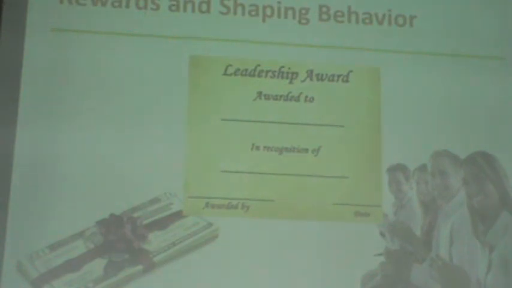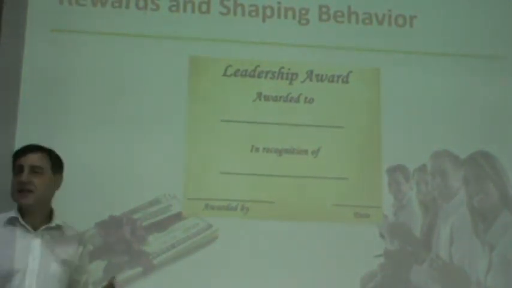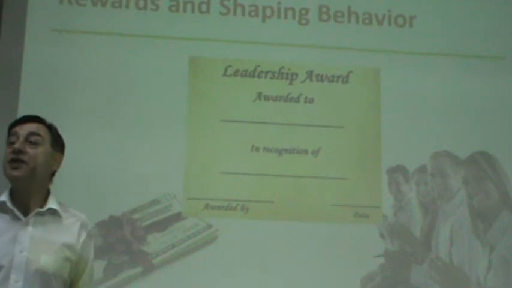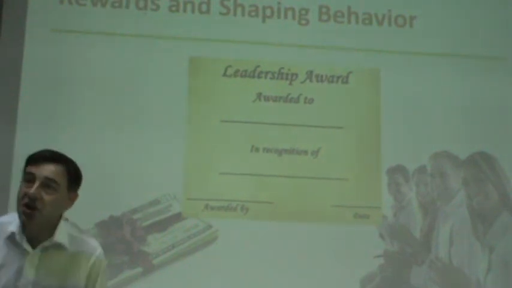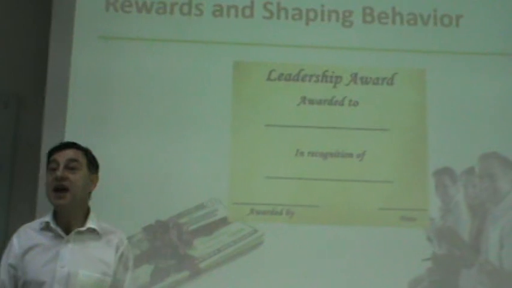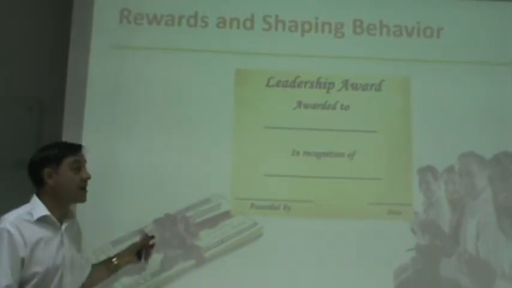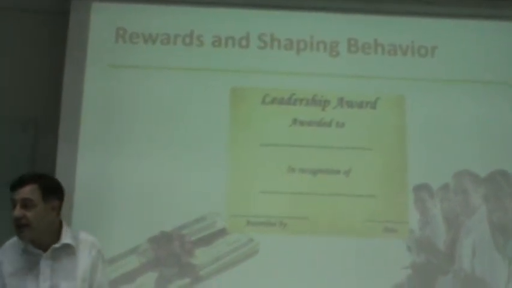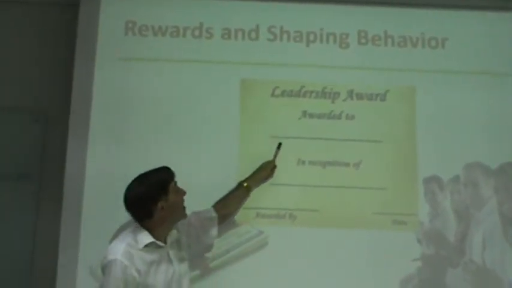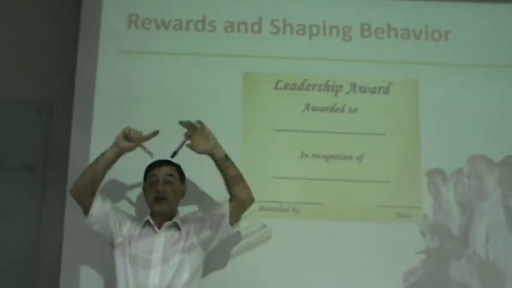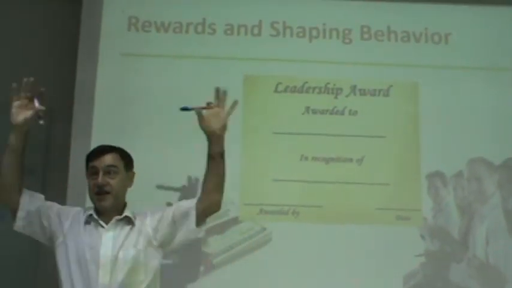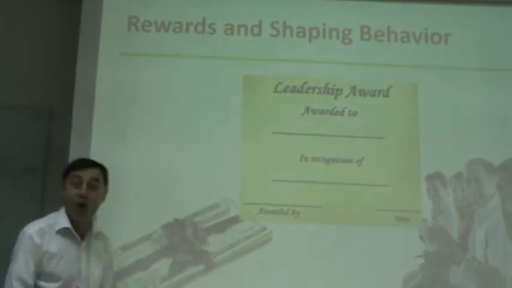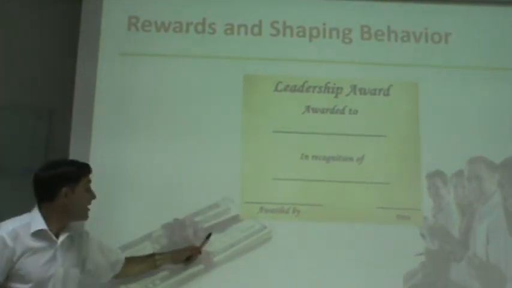Shaping team behavior. Let me take a look about shaping team behavior. Okay, rewards and shaping behavior. Basically, you need to have an evaluation system and you need to have a reward system. And if people get a job done, there's got to be some reward. It may be a travel somewhere, it may be a dinner at a restaurant, or it may be a nice big sign where they say, okay, this is a reward for something. Or, as people like, just cash.